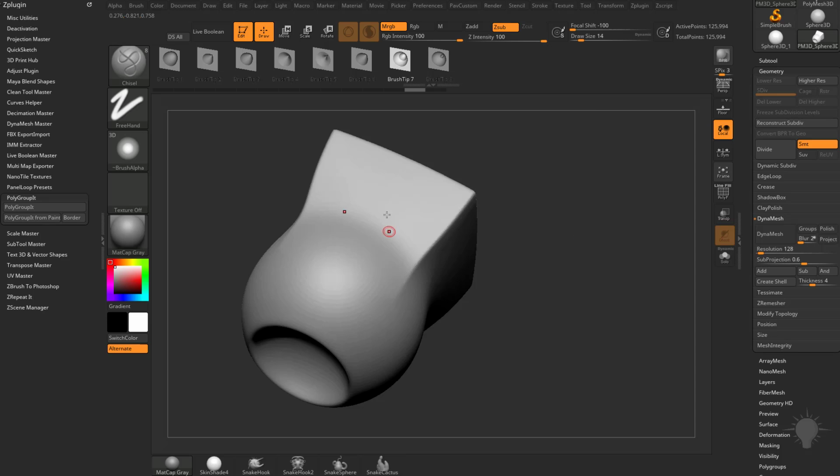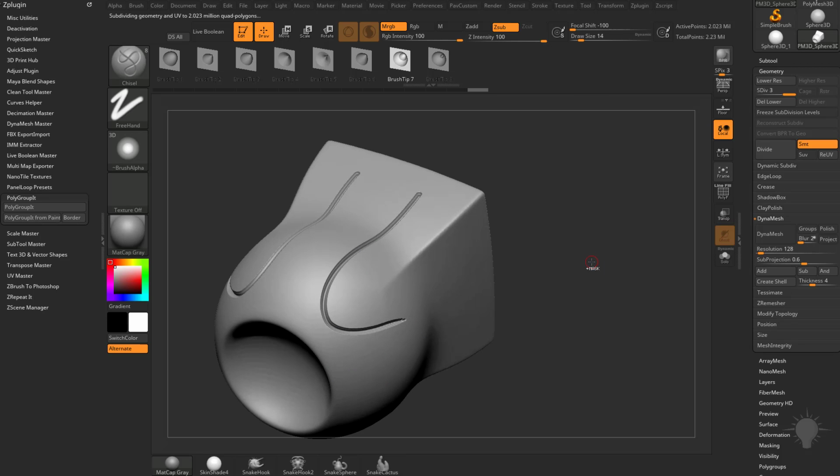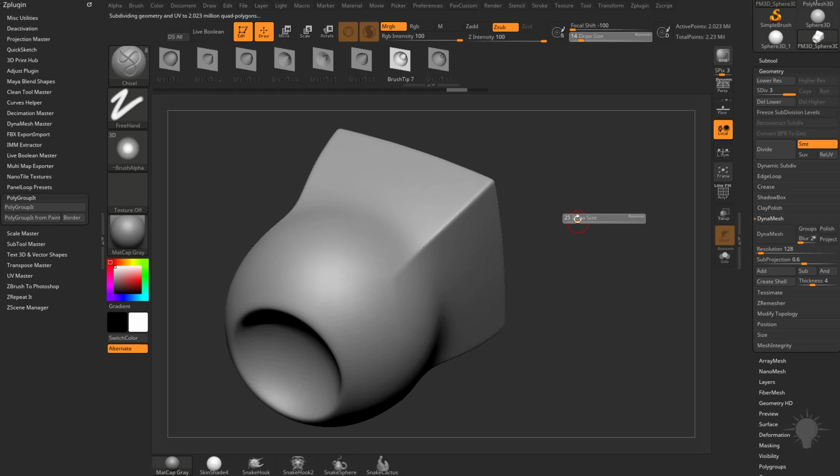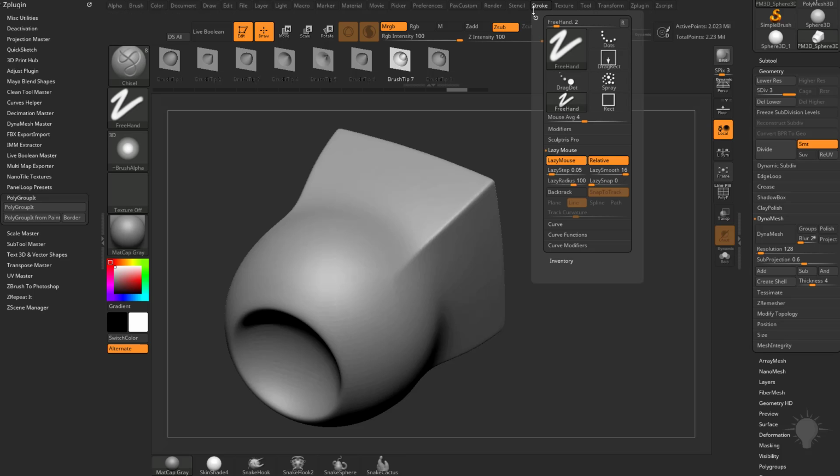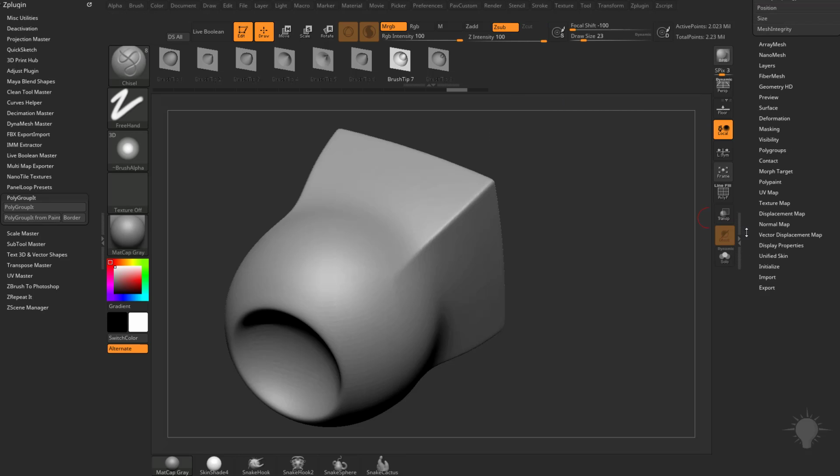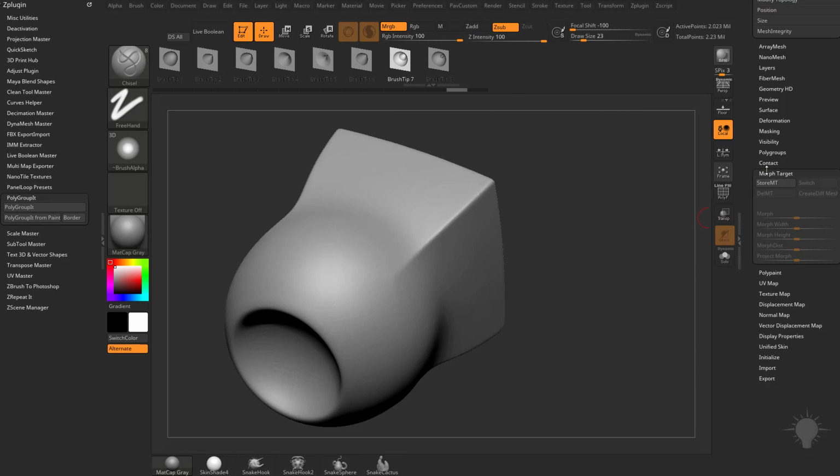Now you may need to raise the resolution of your Dynamesh, or you can hit Control D to add subdivisions, and this will give you a much smoother look. There's a couple things you can do with this brush that are pretty interesting though. So if we go over here just really quickly, go to Stroke, go to this Lazy Snap and turn that up, and I'll explain what that is in just a second. And also go down to the bottom of your tool menu here to where it says Morph Target and hit Store Morph Target. Now, before I do that, I'll show you why I'm storing the Morph Target.